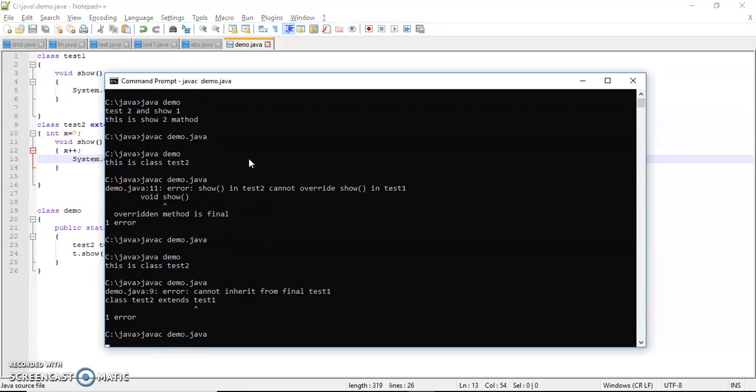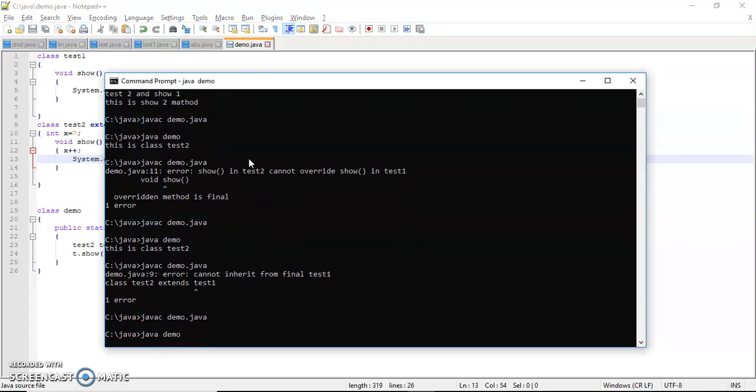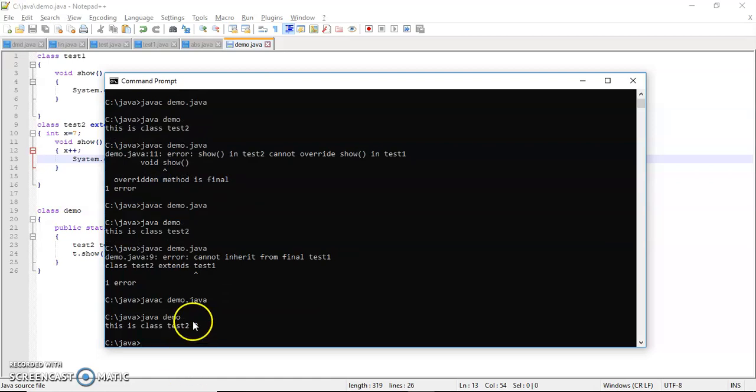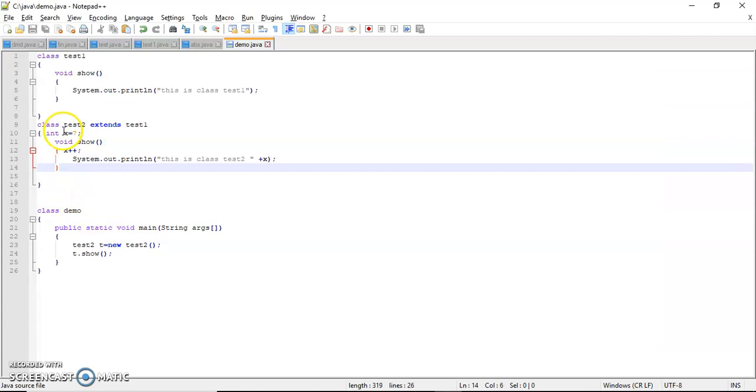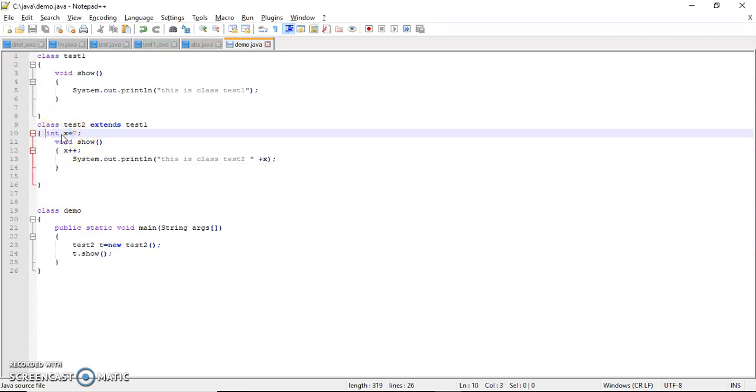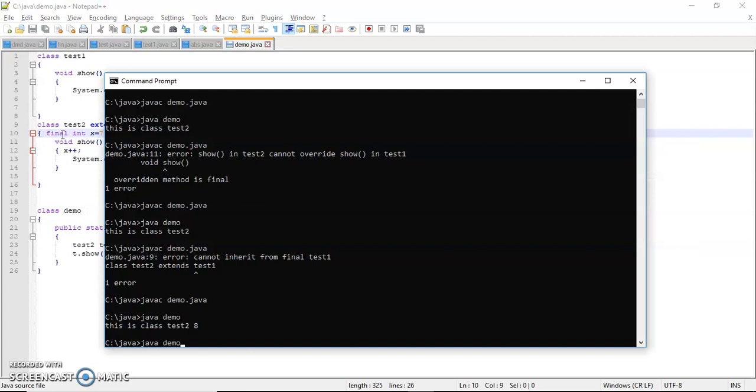So what is the output? The output is 8, because x is equal to 7 and I incremented it. Clear? Now I write final int x is equal to 7.